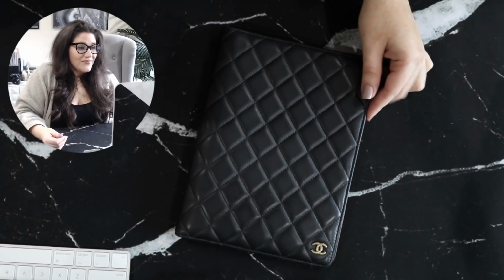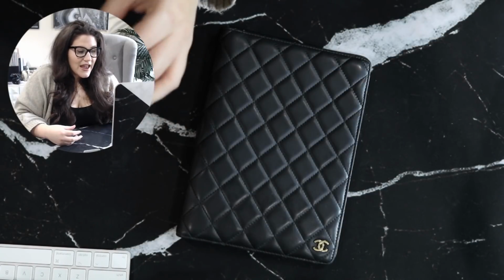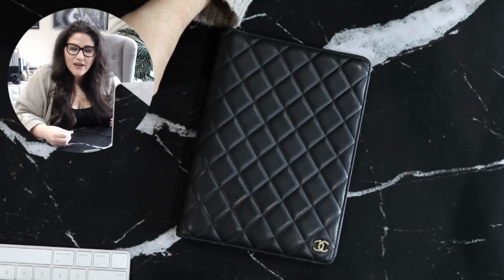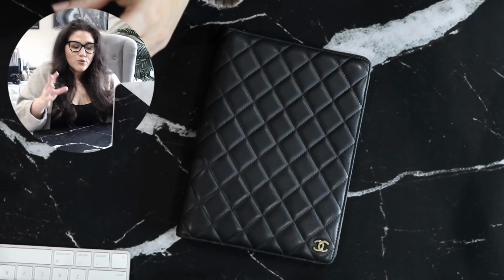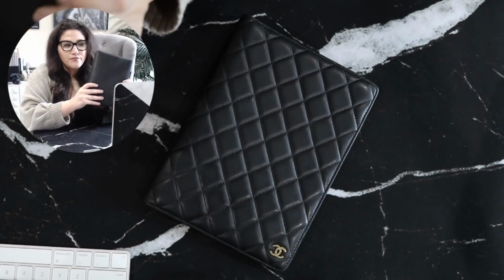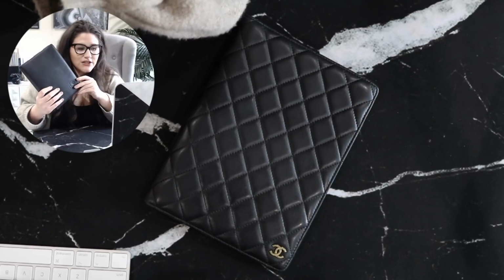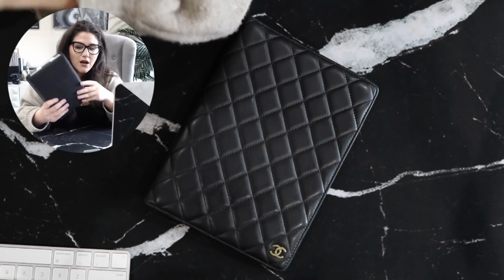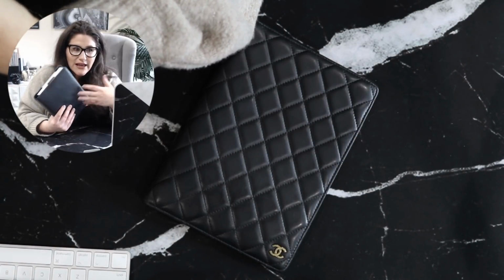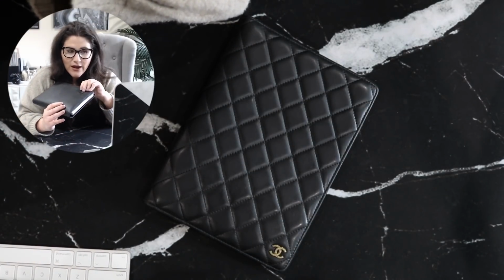In addition, my experience has been that when I buy from the Japanese resellers, they tend to exaggerate the condition to skew negative. So what I mean by that is, when I bought this one from a Japanese reseller, I think I bought it from different resellers too, this planner, they gave it just like a good or like a fair rating. But when I cleaned it up with the leather conditioner, I was like, this is brand new looking. Even the scratches that they said were on the hardware of the